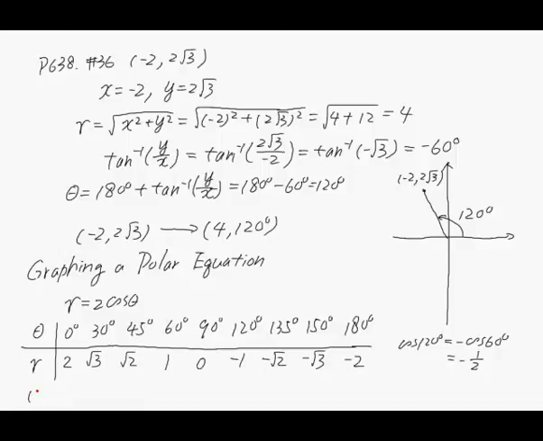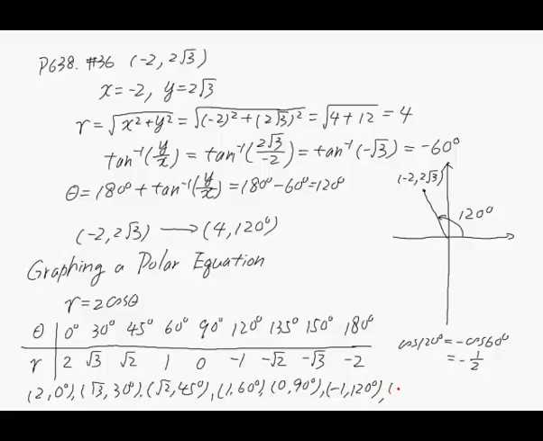So we have 2 and 0 degrees, and then we have root 3 and 30 degrees, then root 2, 45 degrees, and then 1, 60 degrees, and then 0, 90 degrees, and then negative 1, 120 degrees,